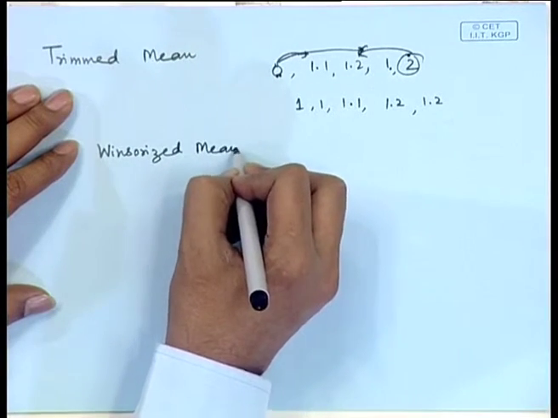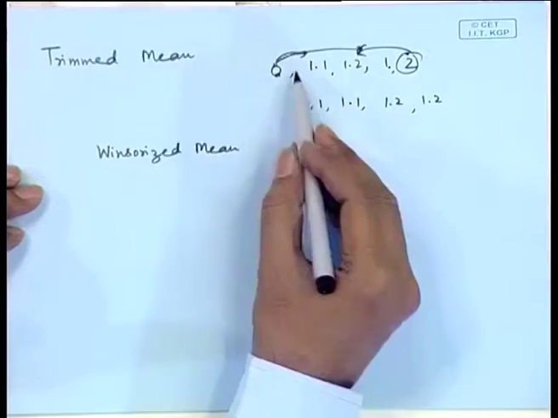So, these trimmed mean and the Winsorized means neutralize the effect of the extreme values, and many times in practice they are used, especially when we are judging people based on averages. When several judges are evaluating a person, there may be some bias in the form of certain prejudices, and to discard that we avoid using the extreme values. So, either we can totally discard them or we normalize them.